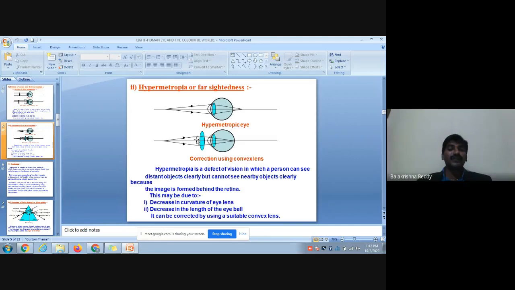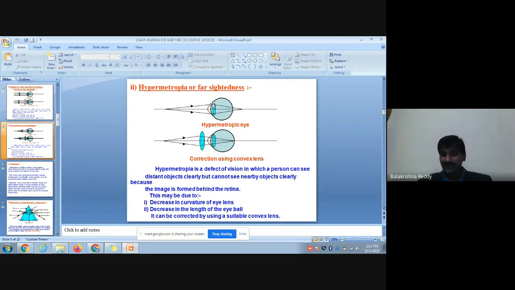Why are we using a convex lens? Since it is a converging lens, the light rays will converge instead of diverging, and converge at a longer distance. So whenever you decrease the divergence of the light rays, they converge at the actual position, according to how much length has varied or is defective in the hypermetropic eye. So if you use that much thickness of convex lens, then when light rays pass through the convex lens, they start converging from here itself.